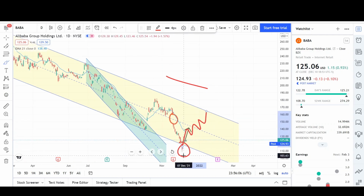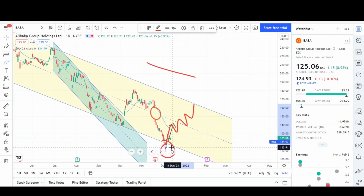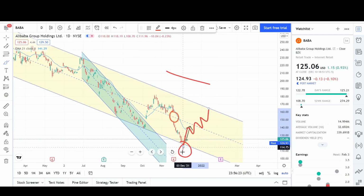We had that push up because we were super extended from the EMA. Nothing moves in a straight line up or down. We are going to snap back sooner or later to the median price average, which is the EMA. And it looks like we had an overshoot of the channel, and that's why we're also seeing a push up. So it looks like we're stalling out, and the push up isn't as strong as I thought it would be, but I think we will possibly get a second leg up,